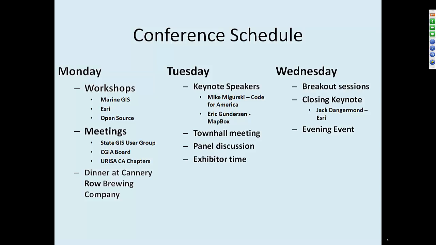The second workshop will be an Esri-sponsored workshop. Esri is going to come in and do a day-long set of training workshops for a couple of different topics. We'll give you more information about those topics in December and January. The third workshop will be an open source GIS workshop. We're particularly looking at the people from Boundless coming in to do a workshop on the OpenGeo Suite and also the QGIS desktop software.